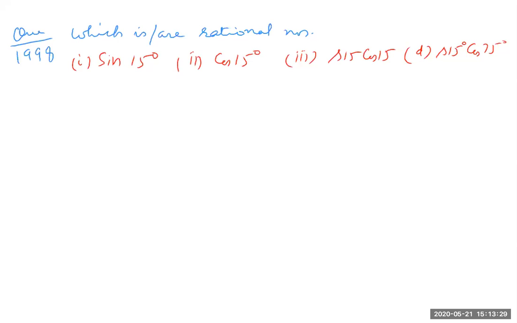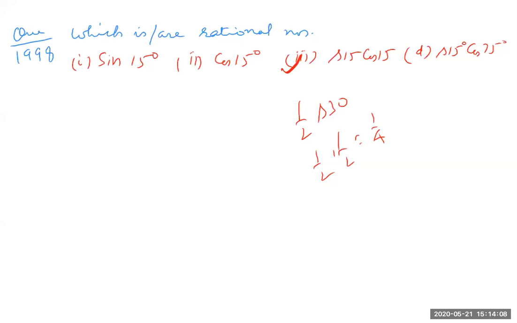C and D. So how did you calculate, Sanika? Let's see. How did you calculate so fast? I also want to learn the method. You are doing very fast, very good. So C, because sine 15 into cos 15, I took the values, root 5 plus 1 by 4 and root 5 minus 1 by 4. So this will be 1 upon 2 sine 30. And sine 30 we know is 1 upon 2. So this will be 1 upon 4. So this is rational, correct. No, only C and D? No, sir. D is not rational.